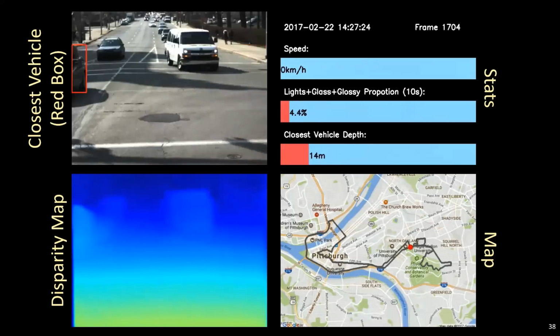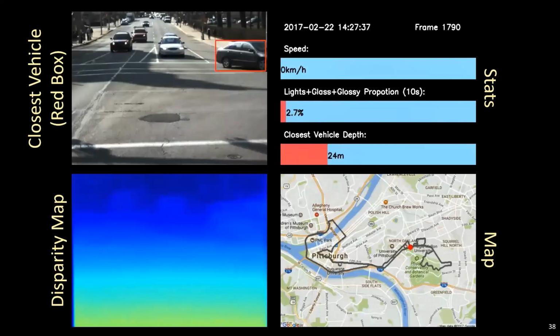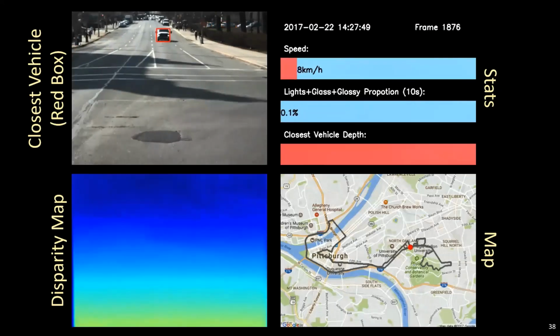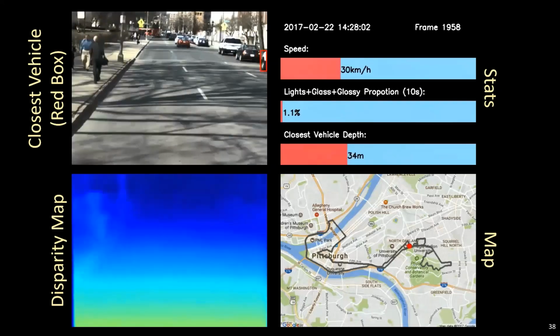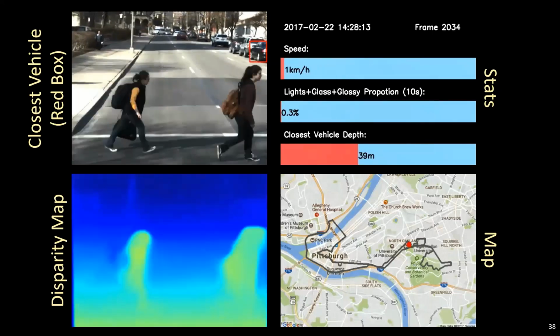So this shows just a different location, very similar thing. So you can see, as vehicles approach our vehicle, they're highlighted in red because they're closest. So this is around CMU's campus. I forget what the street's called, but it's between the Heinz Chapel. I think it's Dithridge, but